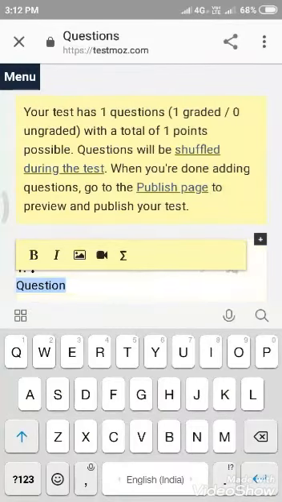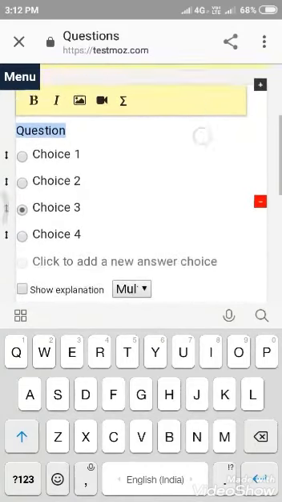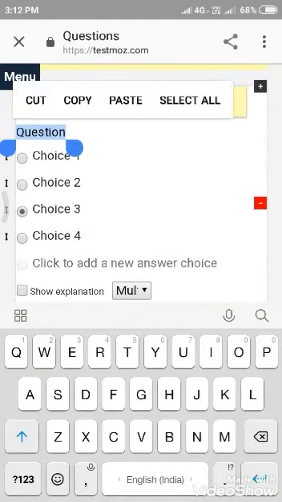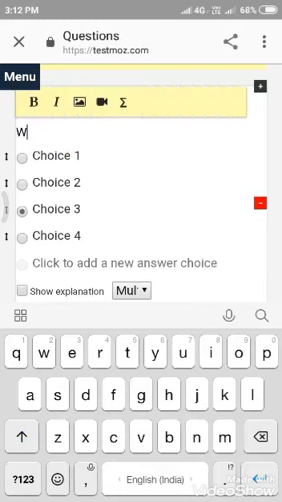Here is the question box. I am going to type a question. Whatever questions we want to give, we type here, in any subject.